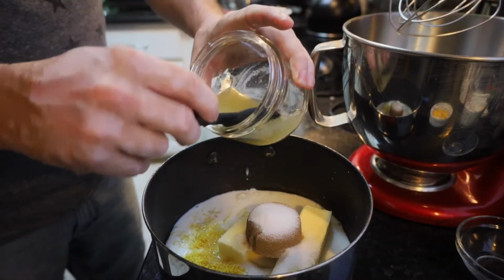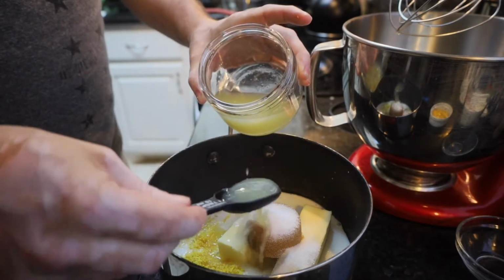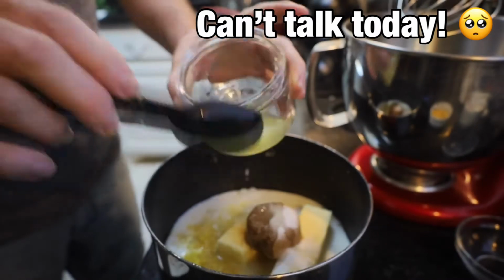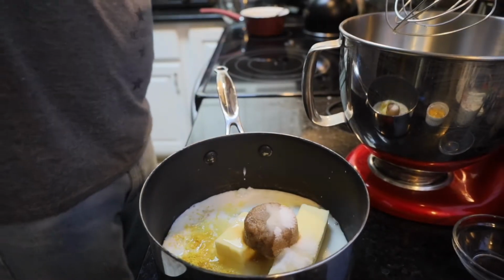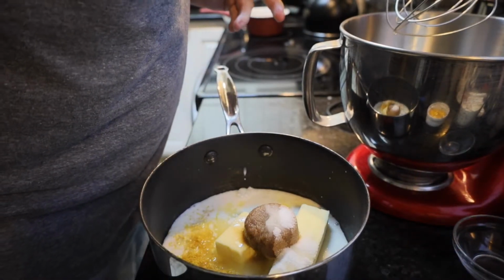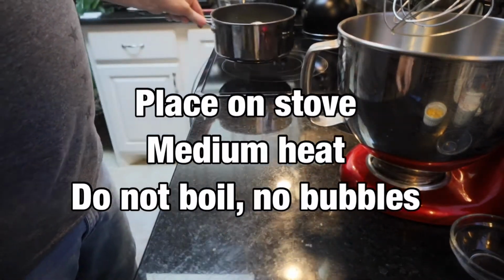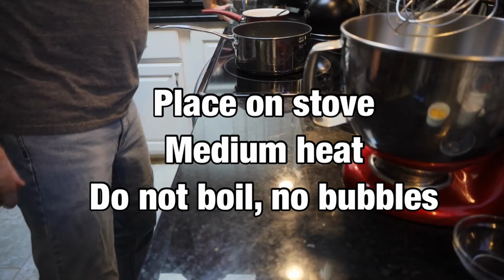You can add a little bit less if you want, but we really love the taste of lemon. We're going to save this extra lemon juice because we'll make some homemade strawberry custard a little bit later on. And then we're going to stick this on the stove and go ahead and get that melted off. And over here in a bowl,